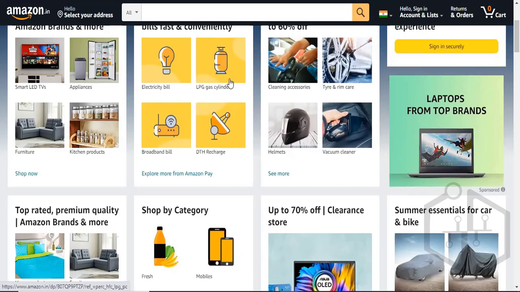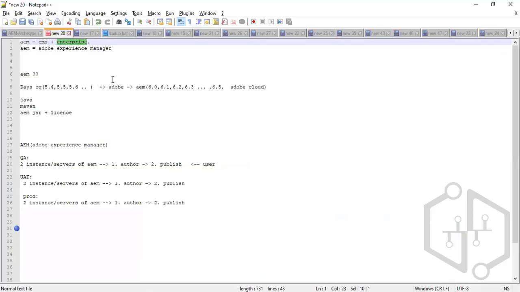And why is it enterprise level? Because there are many other Adobe Experience Cloud products which you can easily integrate with AEM. The other Adobe Experience Cloud products are like Adobe Analytics, Adobe Campaign, Adobe Target, Adobe Launch.